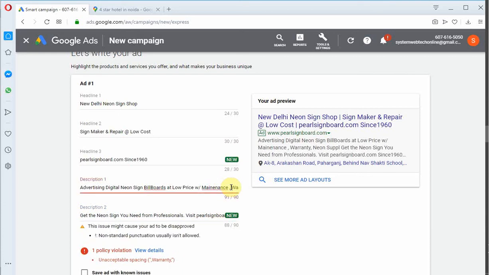Alright, so there should be a space between the words, as there is no space in warranty and comma,